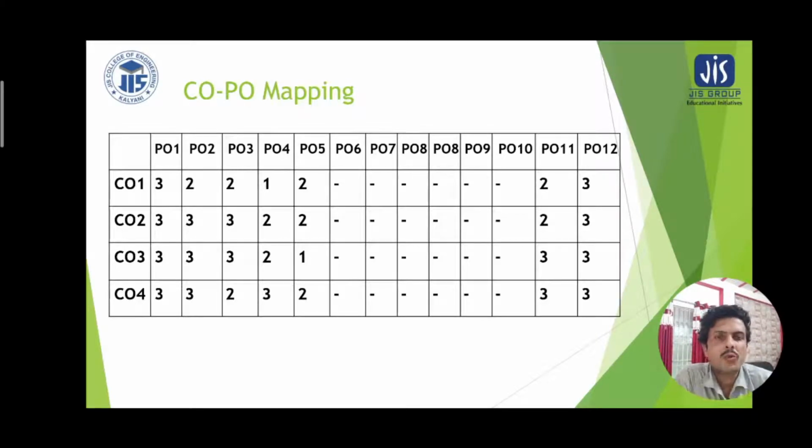Now in the course outcome and program outcome mapping, we are seeing that there are 12 number of program outcomes which are mapped to the course outcome statements. So here, as 4 number of course outcome statement exist for basic electronics engineering, they are having different weightages assigned to each of the column of program outcomes. And here 3 depicts the high weightage assigned for a certain mapping, and 2 means the moderate linking, and 1 stands for the least linking. And when there is no link, it is kept vacant with a dash line.